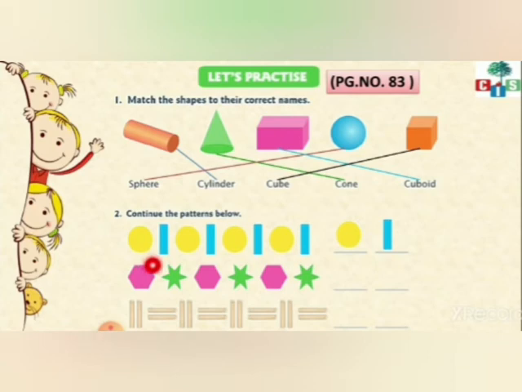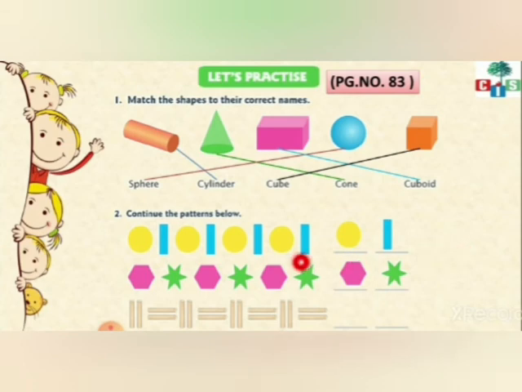Now, if you look at this pink color figure, the shape is of hexagon. This shape is known as hexagon. Okay. So, here the first will be hexagon, right? And it is in pink color. And then the other shape. So, if you see here, we have followed the pattern, right? And the last one,